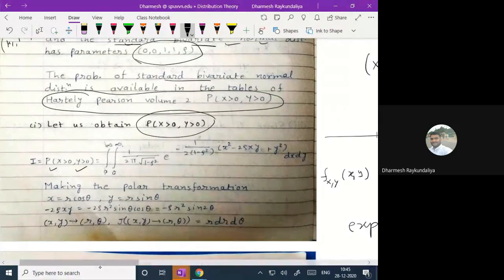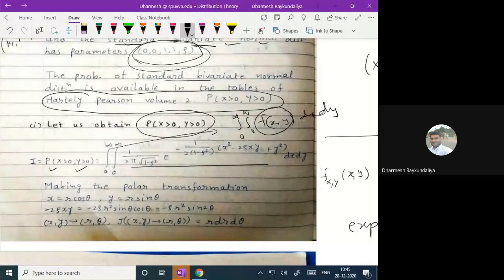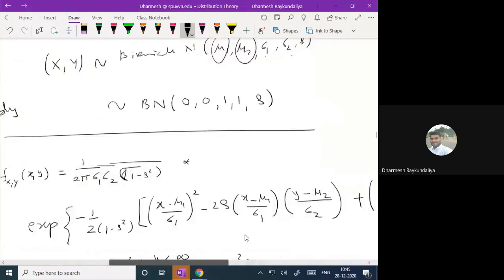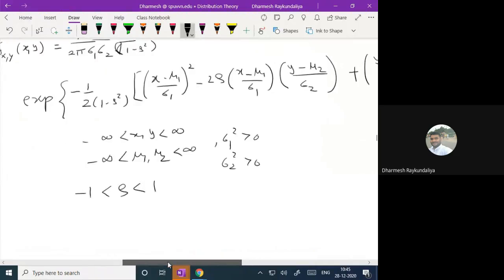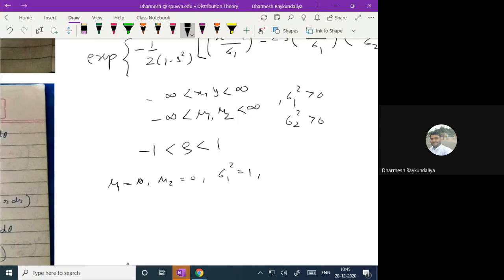So in short, you can write this as a double integration from 0 to infinity of f dx dy. But what is f of x y? It is given as this. We are considering the standard bivariate normal. So of course, let me show you here, if you write mu1 equal to 0 and mu2 equal to 0, sigma 1 square equal to 1 and sigma 2 square equal to 1, then f of x y,